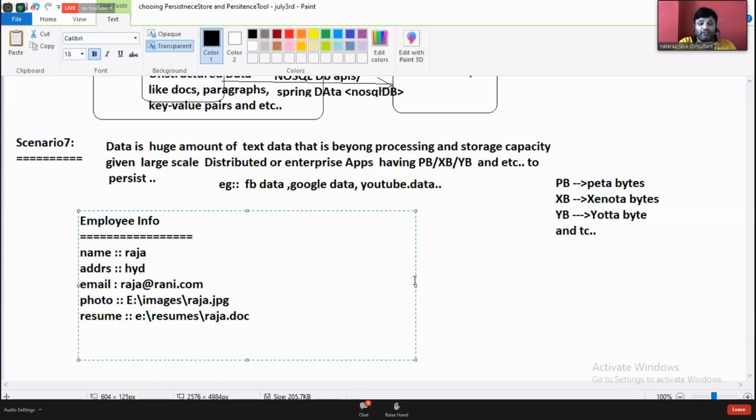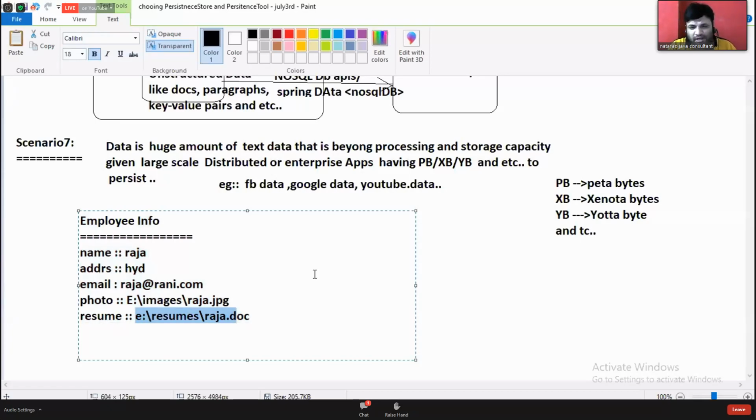Yes, the file will not be stored, the file location will be stored. Now tell me, is it text information or non-text information? Non-text information. Yes, if you go to that location, you will get your image file, your document file, your audio file or video file. But in a database record, maybe SQL, maybe non-SQL, is it going to be text information or not? Definitely it is going to be text information.